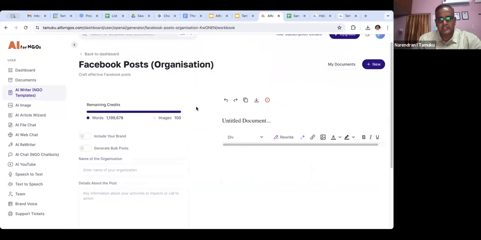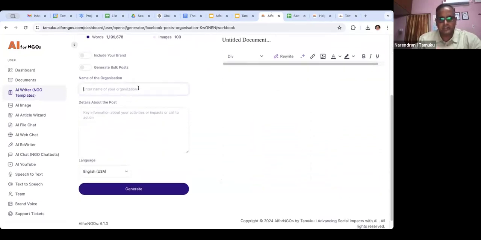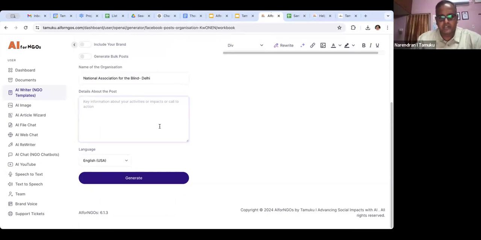So we are going to generate a Facebook post for the organization National Association for the Blind, right, Bhavana? Yes, sir. National Association for the Blind, Delhi. That is the full identity. Okay, what is the post you want to create about? Can you tell me some big impact or some event which happened in the recent past in your organization? Recently, we have launched Aditi AI, a platform that gives free sexual and reproductive health information to any person